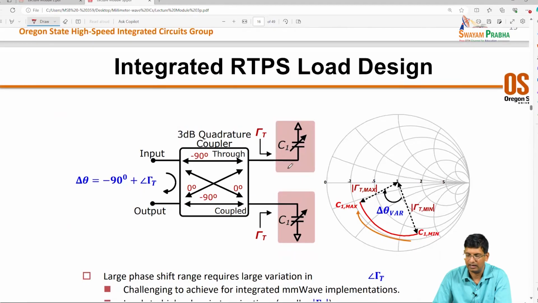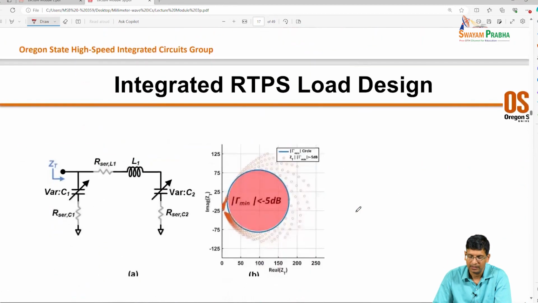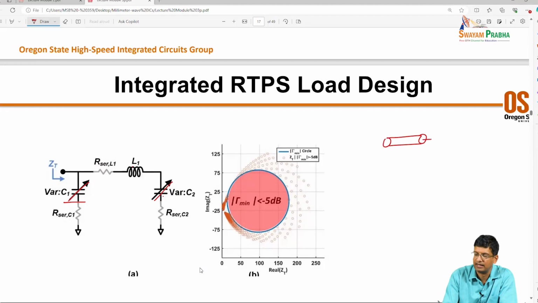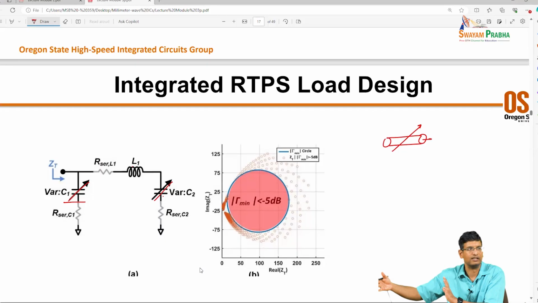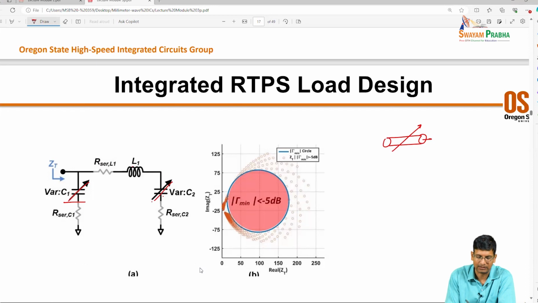So as we noticed, just having a single varactor is only going to move us over one small section of the Smith chart, right? So we can then try to synthesize higher order loads, where instead of using just a single varactor, we use a CLC network. We vary C1 and C2, right? Because ideally, if you had a transmission line, and you could vary its effective length from 0 to 360 degrees, that would serve as a termination as well. That would also work. So you're trying to synthesize something that looks like that by varying C1 and C2, right? We can